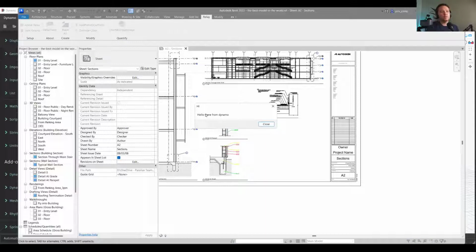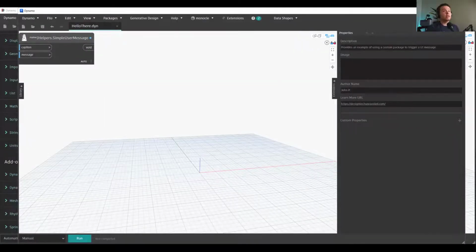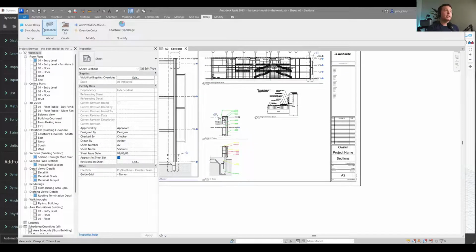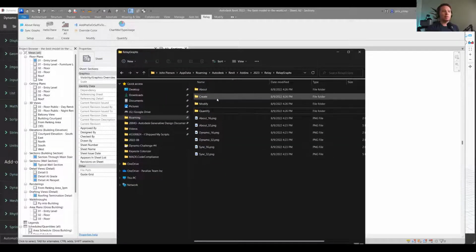So that's a Rhythm node that gives you a UI. And let me close Dynamo. So Relay is a Rhythm extension. Relay is an actual full plugin that's just open source on GitHub. The only thing it has to do with Dynamo is it takes